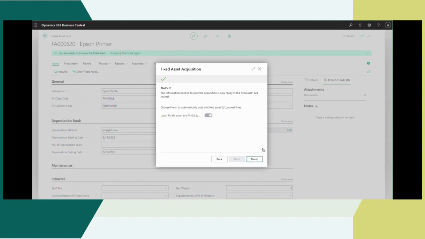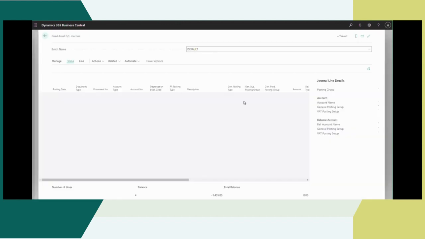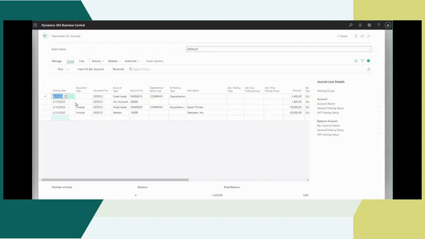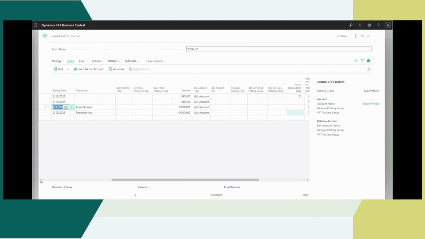Here you can see upon finish, open the FA or GL journal. I'm gonna open it now. Here we have our fixed asset, the printer, the Epson printer. Now I'm gonna